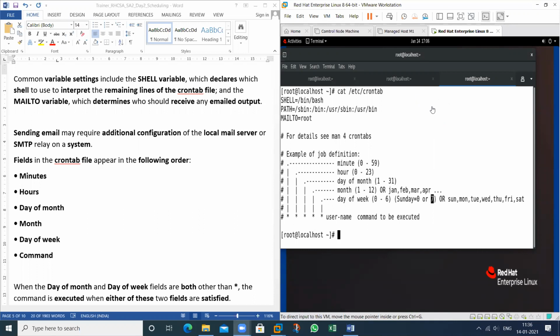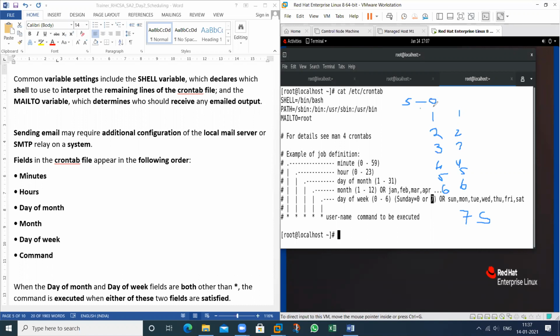See, so it's 0, 1, 2, 3, 5, 6, and 7 also. So this indicates Sunday, and this also indicates Sunday.